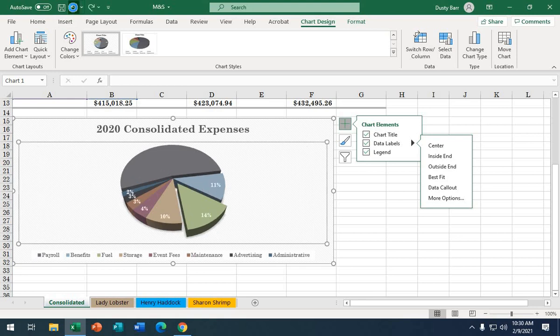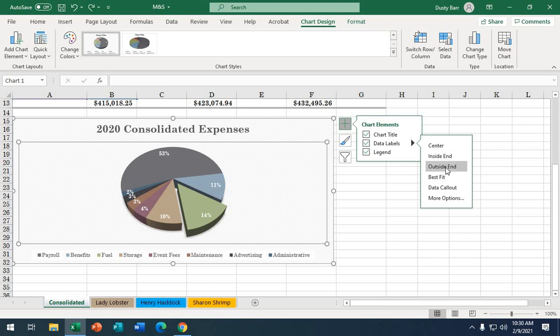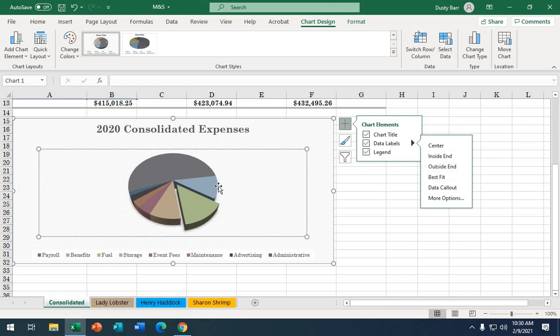Mine's acting pretty stupid here. We'll see if we can fix it later. Okay, then it goes to